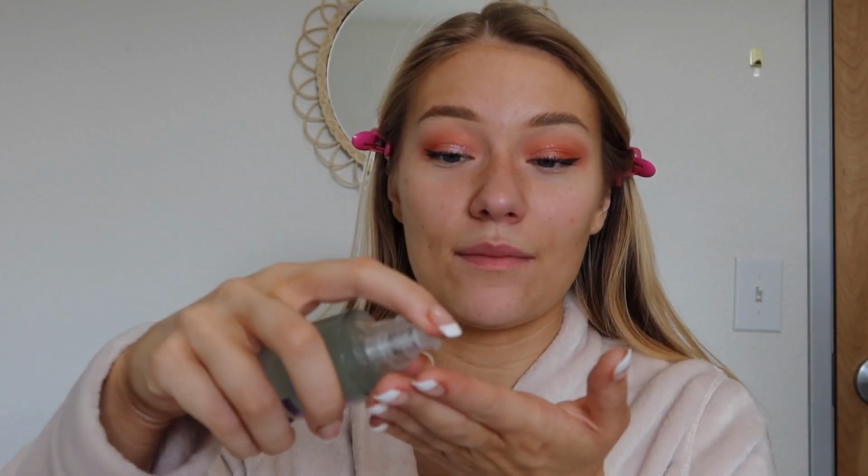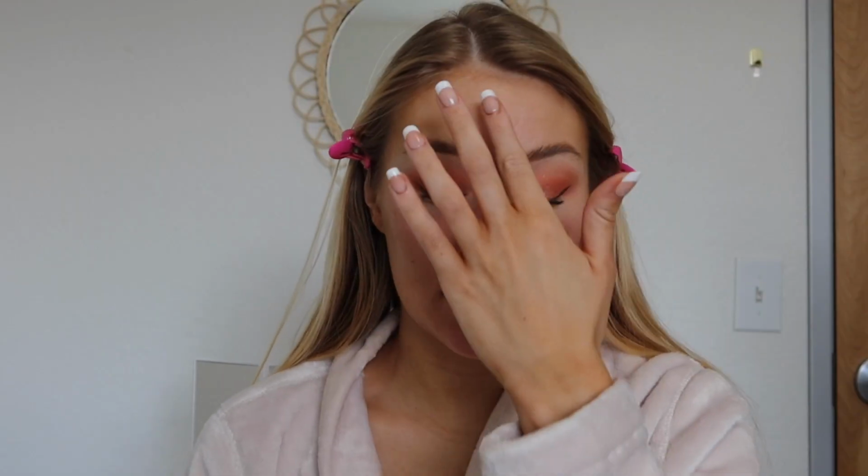So today I'm going to use the Milk Hydro Grip Primer and I'm going to apply a little bit on my clean hands. And I'm just going to blend it around and put it on like a moisturizer. Also, I typically put on a face sunscreen from La Roche-Posay every morning,